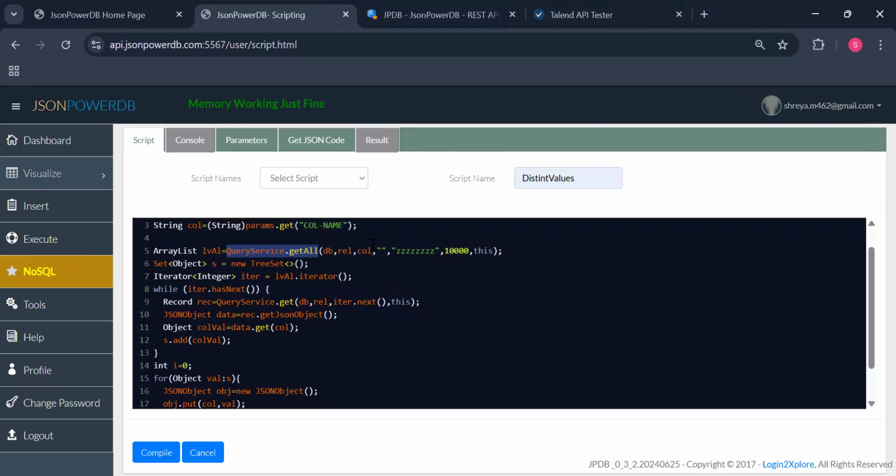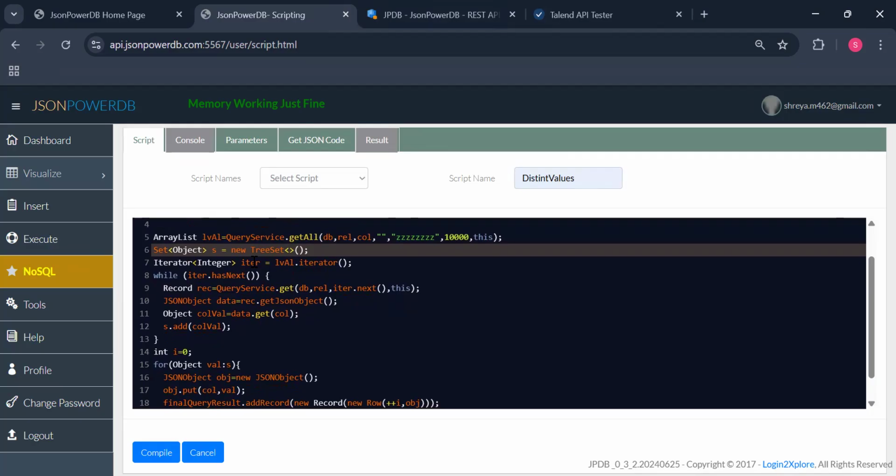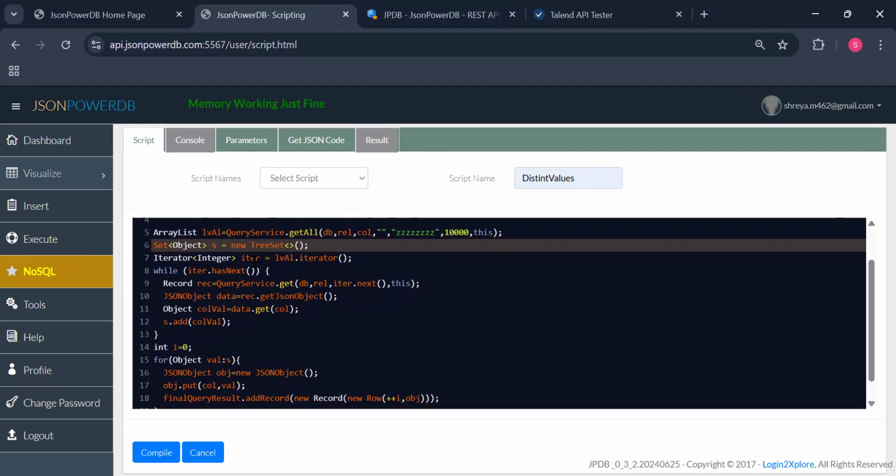Here we gave an empty string so that it gets all the records from the entire data set. Then we create a tree set, because a tree set will automatically remove duplicates and sort the values, which is what we want to get in our result finally.